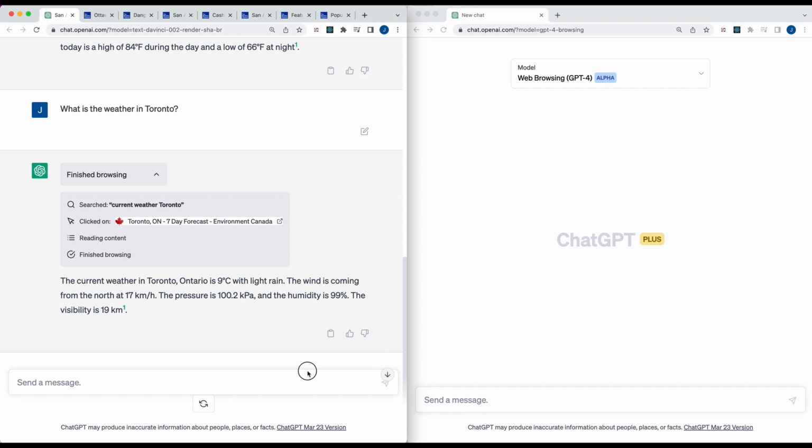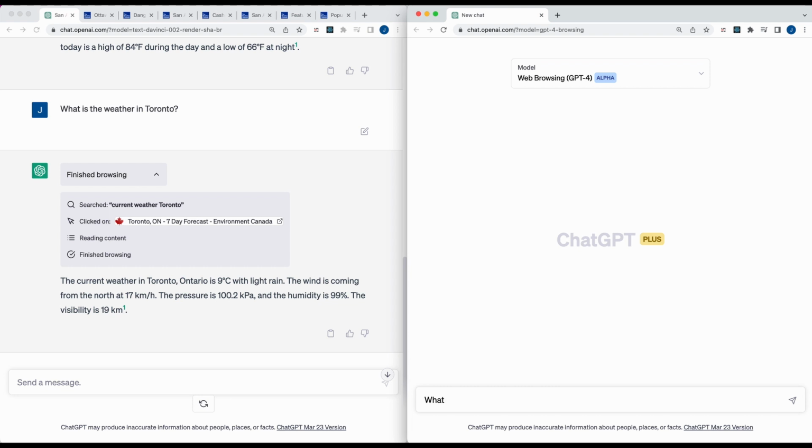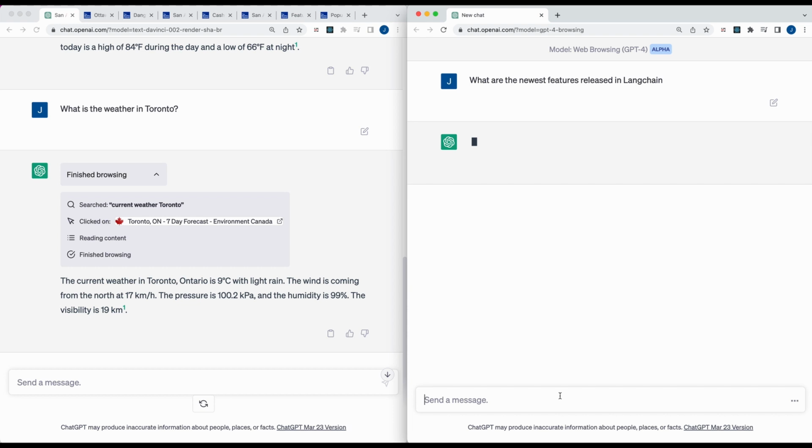So I've made a handful of videos on LangChain recently. So just to demonstrate it with LangChain, and in this one, I'll show you with the GPT-4 example. I'll say, what are the newest features released in LangChain? So LangChain, if you're not familiar, as we wait for this to load,